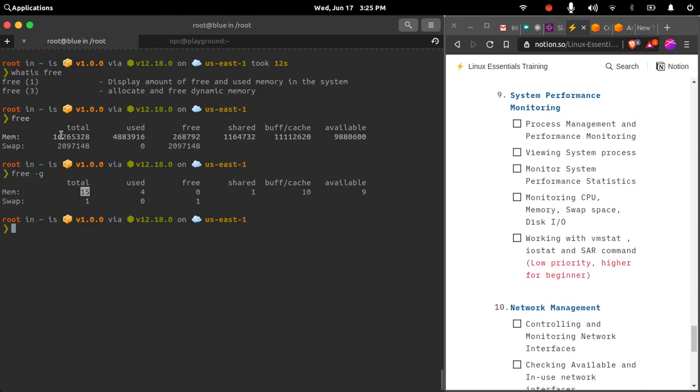Around 16 something, so 15 GB is my total RAM, and I have used 4 GB currently, and the rest is cached, 10 GB. There is no free memory as such, very limited memory. When my system memory is totally exhausted, the swap space will be used. Swap is like a secondary memory space: the primary is the RAM available on your system, and the secondary is the swap space. The swap is created by default by the operating system.